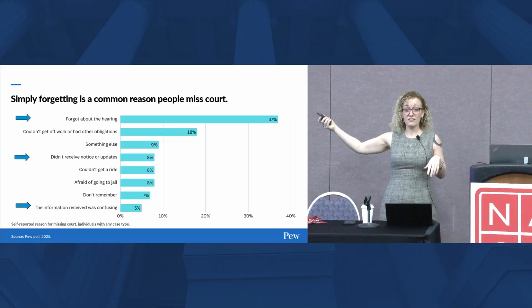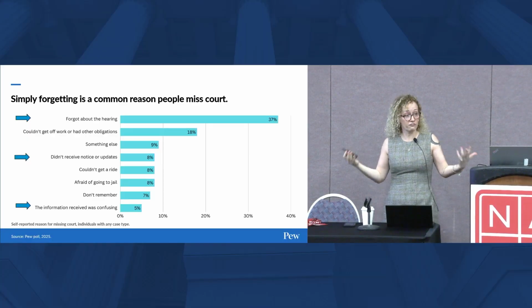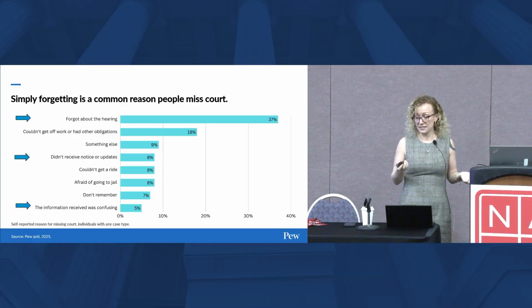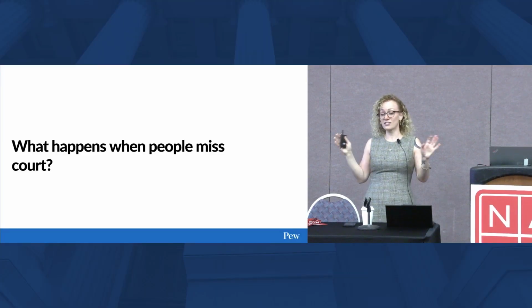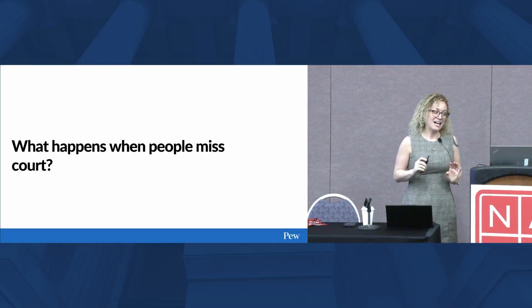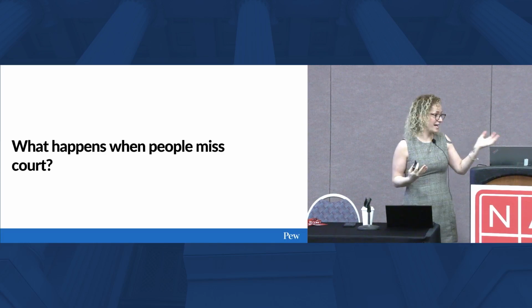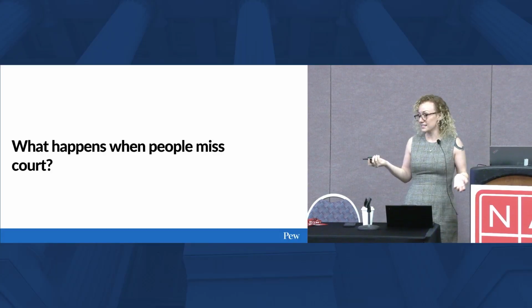So there's a lot of evidence to suggest that by improving court communications, you can do a lot on the front end to prevent missed appearances. Before we get more into that solution, though, we're going to talk about why this matters. And I know that folks in this room are very familiar with these things, and so we won't belabor it. But I'm going to talk about the implications for the individuals, and in a little bit is going to talk about how costly missed appearances are for the courts themselves and for the justice systems.